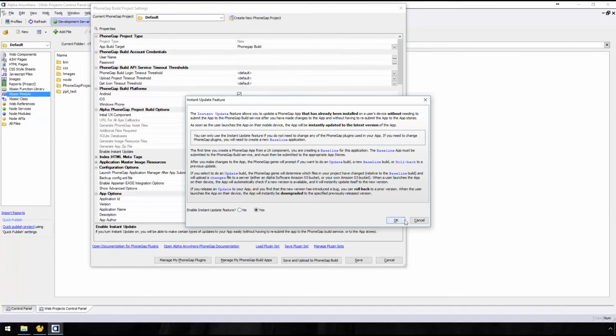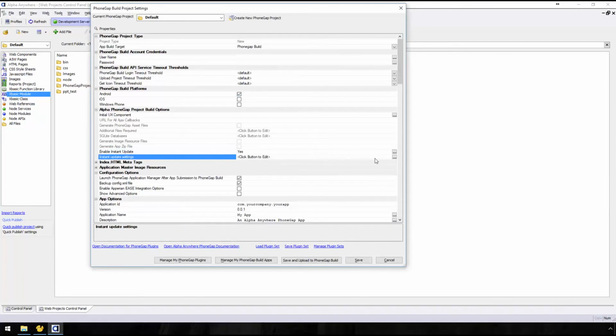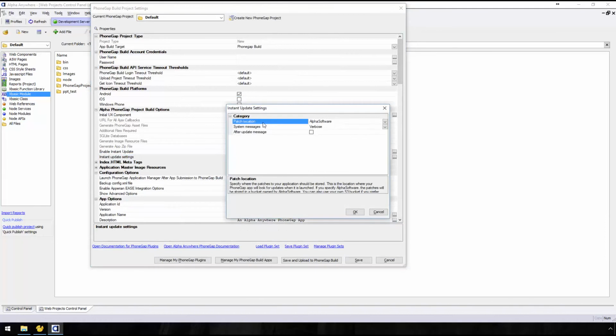Then I've got some settings here I want to kind of walk through. So there are two patch locations, which is where it's going to store your changes and your versions. One is called Alpha Software. We've set up an Amazon S3 bucket that is available. You don't have to do any setup. You don't have to do anything at all. You can just start using that. And basically what happens is the app that's been built calls back to that Amazon S3, grabs the latest version,